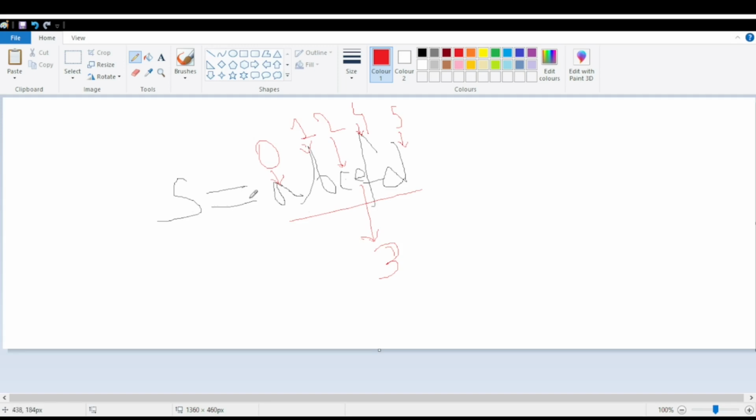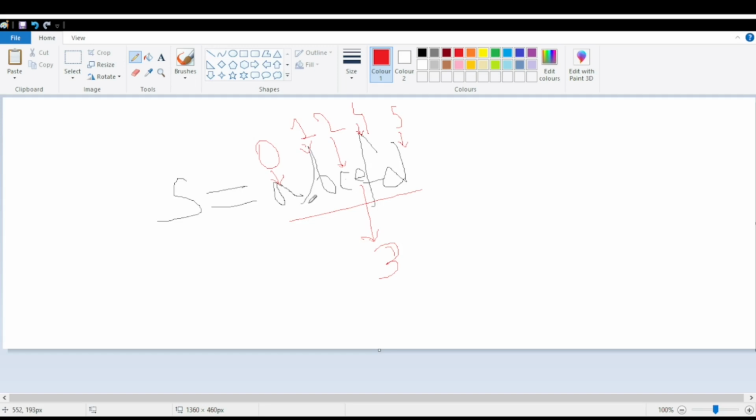So 1, 2, 3, 4, 5, 6. Here this string S has 6 elements, and I have indexed it from 0 to 5, because this is the way of indexing in order to get access to a character of a string. This is similar to arrays, I hope you know.